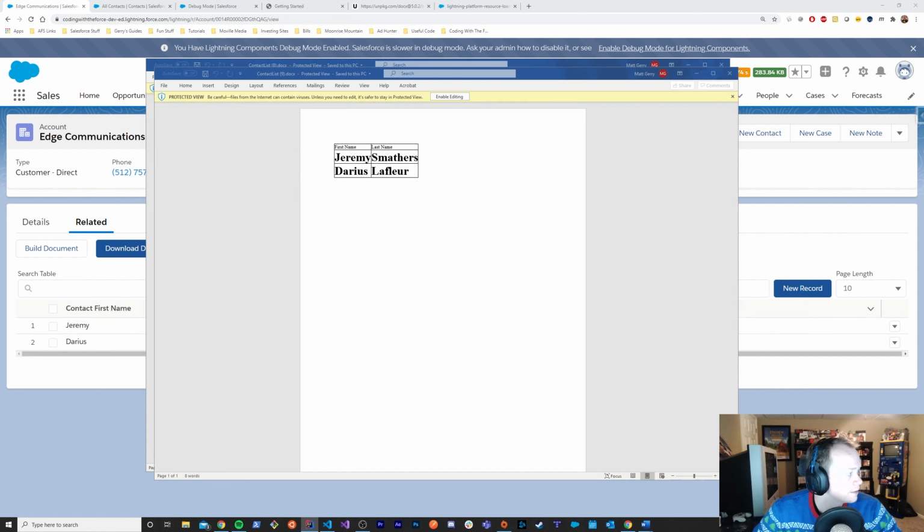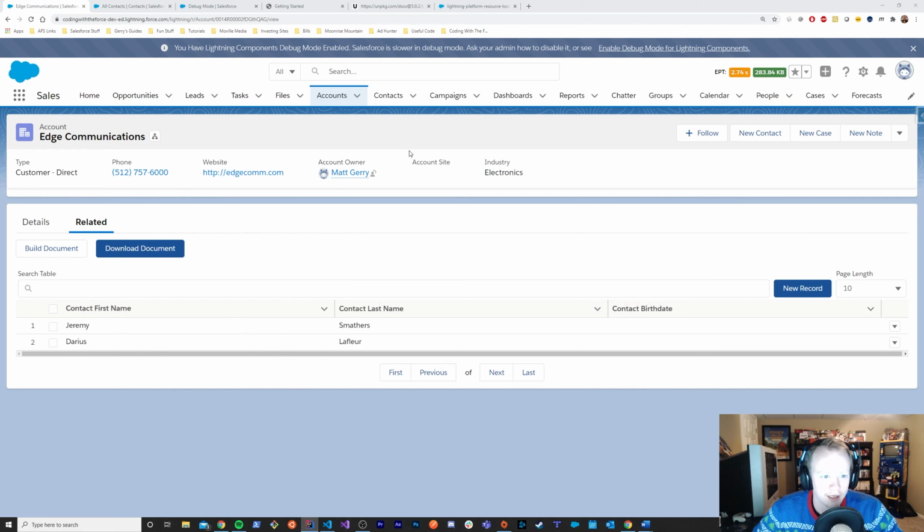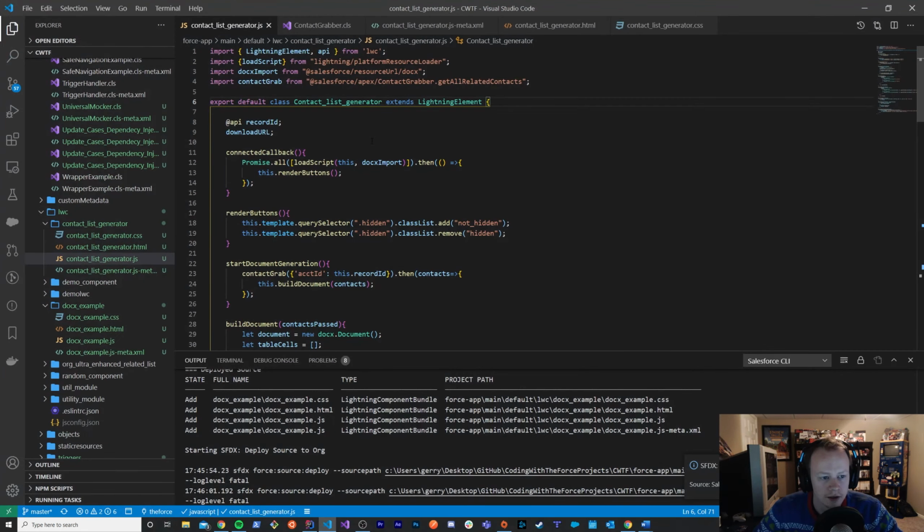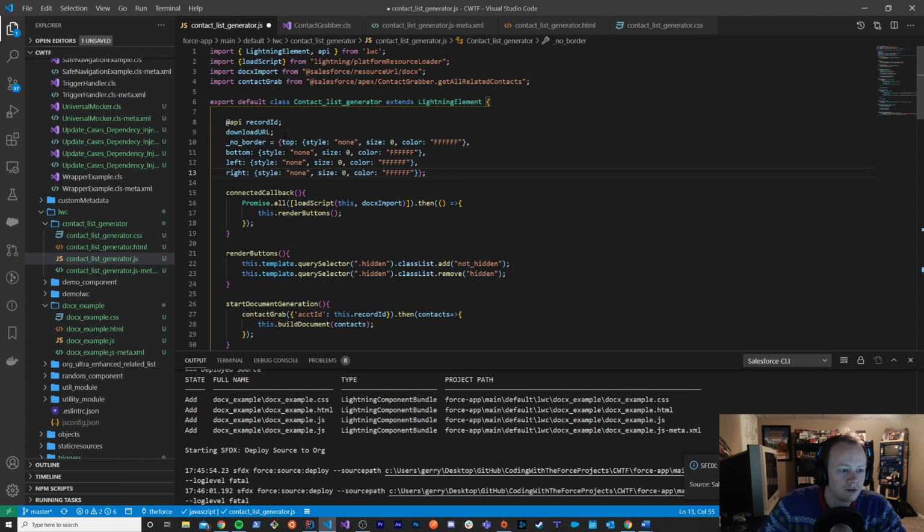So real quick, before we end this video, I am going to show you, just in case you're super interested in actually generating tables, how to get rid of the borders for a table cell, because it's kind of annoying. And, you know, it is still a great library, don't get me wrong at all, but it is a little frustrating from time to time. So what I like to do to get rid of borders on table cells is I set this private variable,